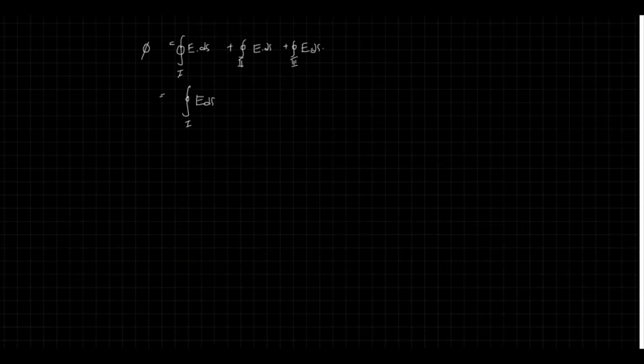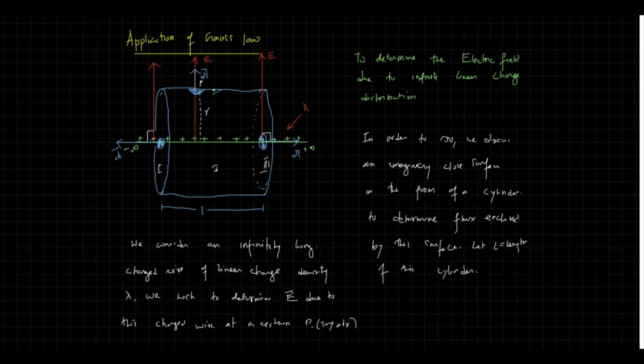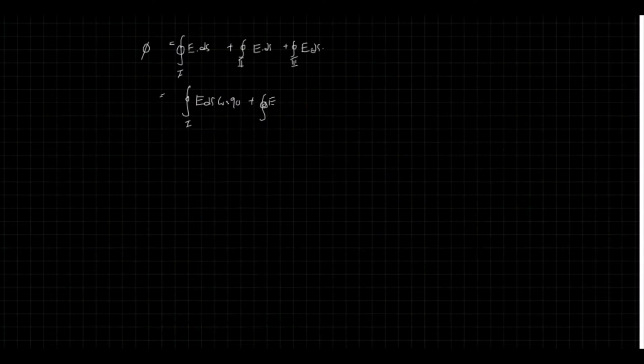This should be closed integral E ds cos 90 plus closed integral. Why are they closed integrals? You see, all the surfaces are closed curves. This is a closed circle. That's why it's a closed curve. So we are given this circle. The integration with this circle in the middle is called the closed curve integration, just a special way of denoting it.